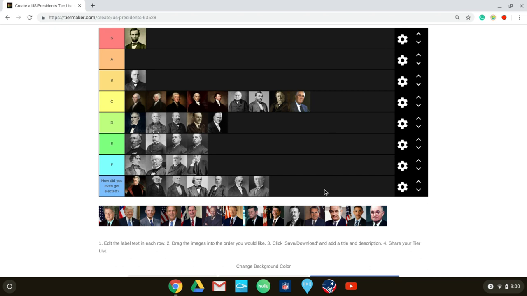After Franklin Delano Roosevelt, we've got Harry Truman. Truman's over here. Do I put him in B tier? I don't know. Tough to say for Truman, because I feel like I'd say high-ish C tier. Say high C tier. And really, the thing with Truman is, well, he wasn't an aggressive president exactly on the